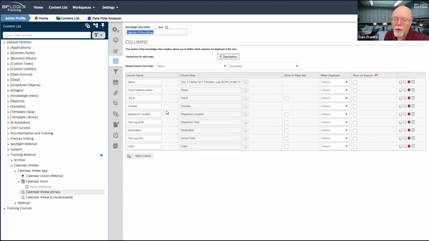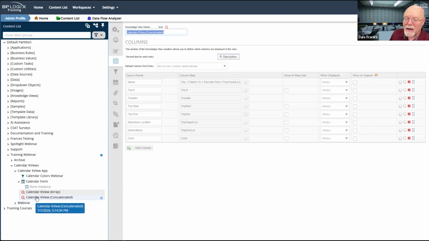Obviously, the stuff that will be repeated is my trip number, the name, the form instance name, the name that I have configured to make this thing work, and the color. Those are all going to be the same. But that allows me to do this knowledge view. Now, for the concatenated knowledge view, I have the custom fields that I placed on the form.